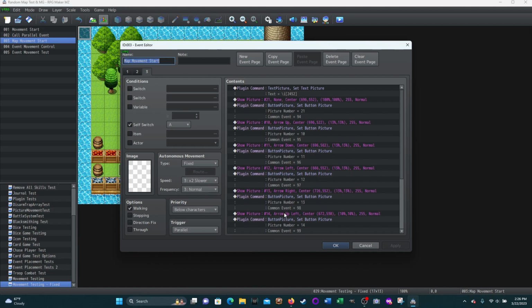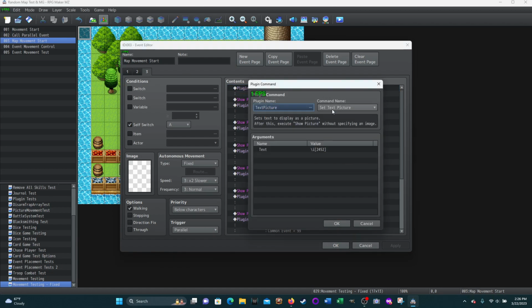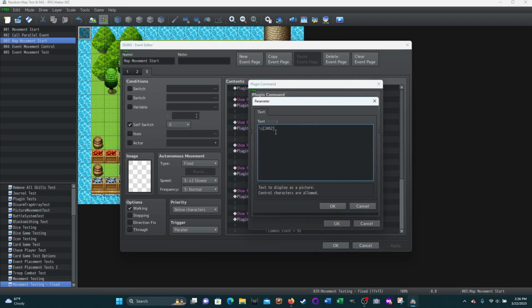And now we're still moving pictures too. Now all of this here is showing those arrows on the lower right-hand corner so that you can click on them. So the first part, plugin command text picture, we're setting it to an icon. And the icon is 2452, that's the icon I wanted to choose, and I did switch to a much bigger icon option that a user by the name of Avery has on